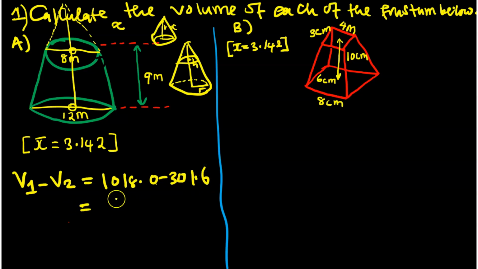If you subtract this, you are going to have the answer 716.4 meters cubed. So confirm this one. That is how you simply find